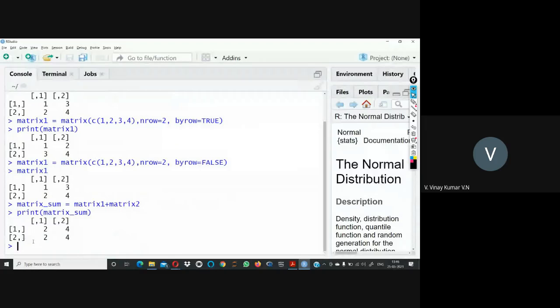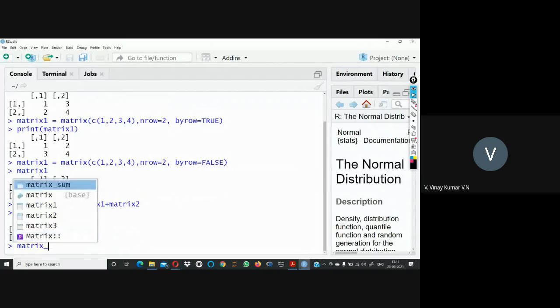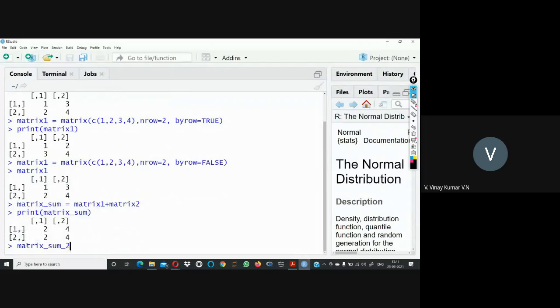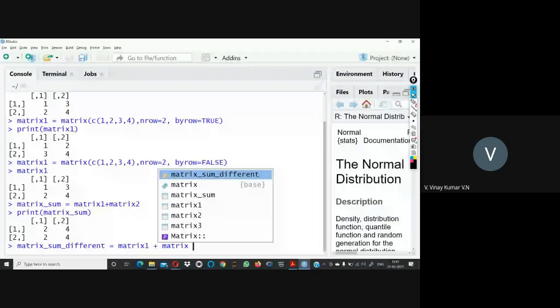Now I am doing matrix sum for different sizes. I am taking it as sum with a different size. Assume this is my variable name, and I am adding two matrices, matrix 1 plus matrix 3, where these two matrices are of different sizes.